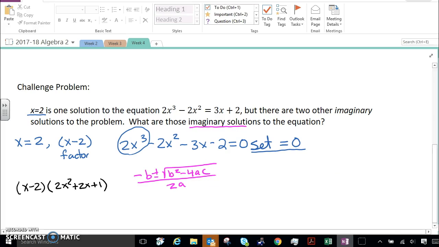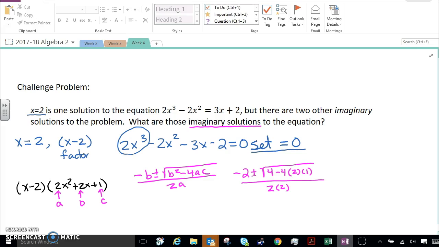We've been told there's imaginary solutions, so no reason trying to factor this, we won't be able to. But we can say this is A, this is B, and this is C in our quadratic formula. So we have negative 2 plus or minus the square root of 2 squared, which is 4, minus 4 times A of 2 times C of 1, all over 2 times 2. Continuing on,